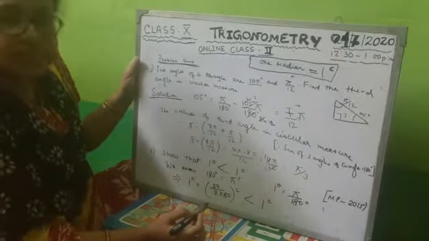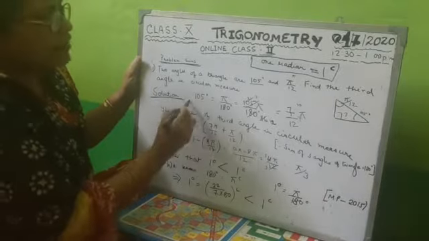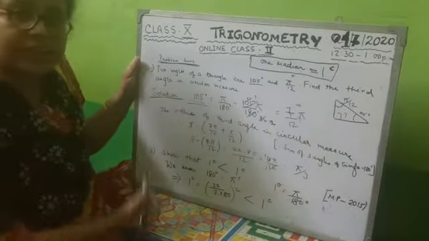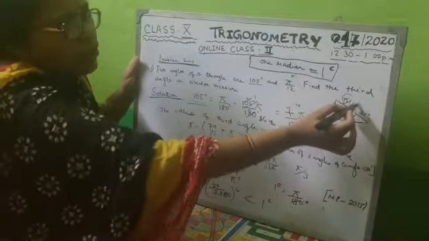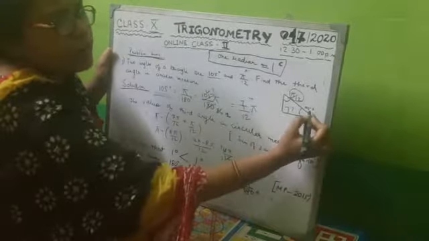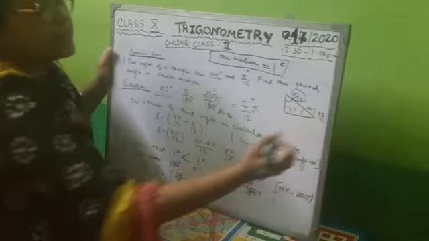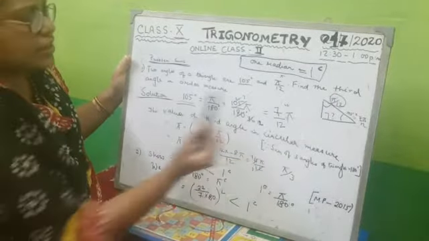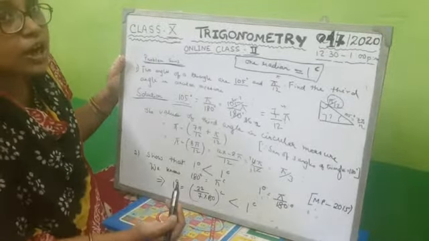36 can be further reduced to 7 and 12. So what answer are we getting? 105 degree will become 7 by 12 radian. Clear? Up till here it is clear. So one angle is already in circular value form. The other was mentioned in degree, but now we know it is 7 by 12 pi in circular form. Now we have to find the third angle in circular measure. Pi radian means 180 degree.